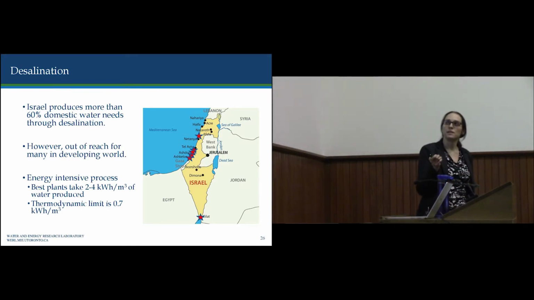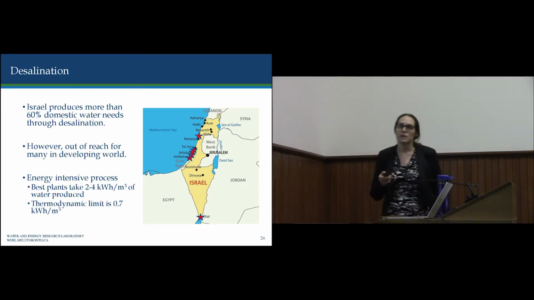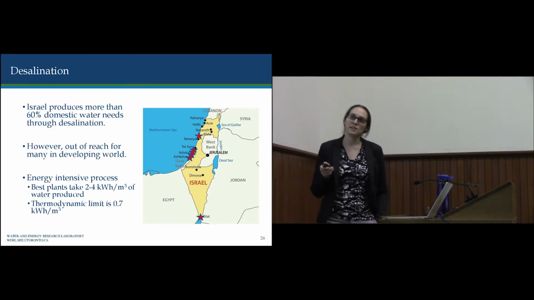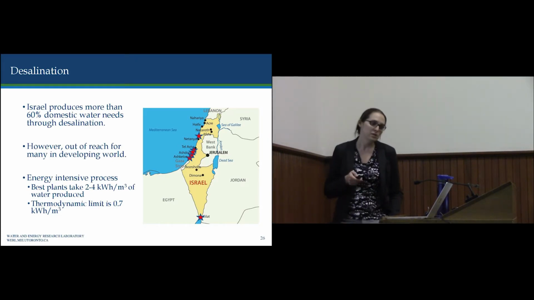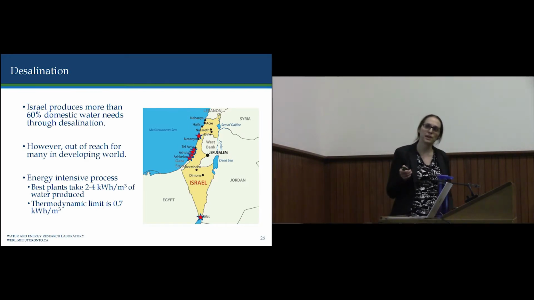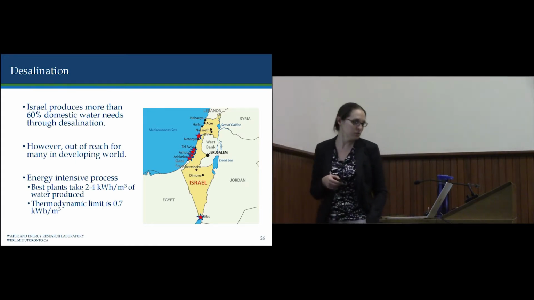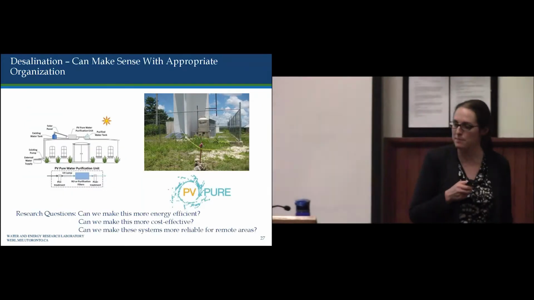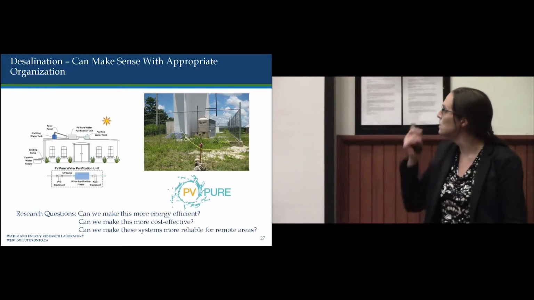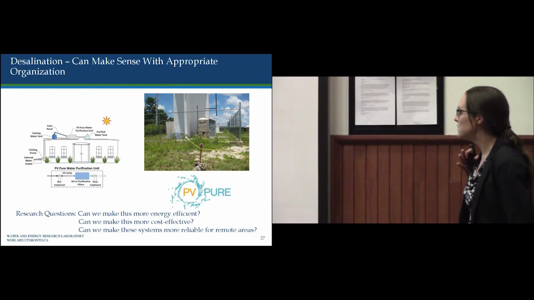But the best plants, the ones here in Israel, use somewhere between 2 and 4 kilowatt hours per meter cubed of water produced. And there's a certain limit in terms of how efficient these types of systems can get. But we're not there yet. Our plants are typically somewhere between 2 and 4, and our thermodynamic limit is about 7.7. So there's some room to go there, right? And you can think about how you might engineer some of these systems to be accessible for these developing world